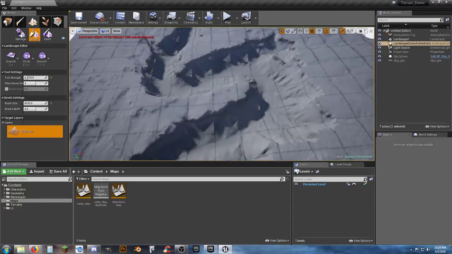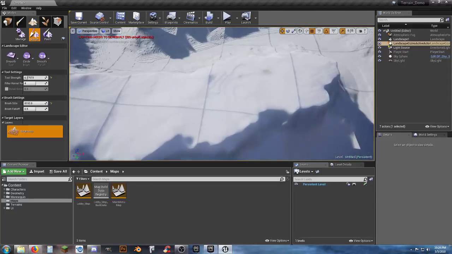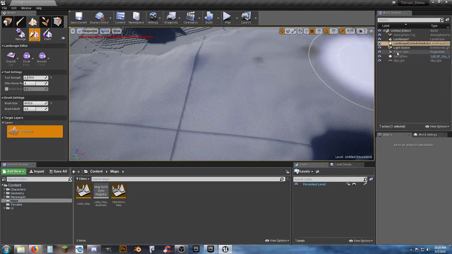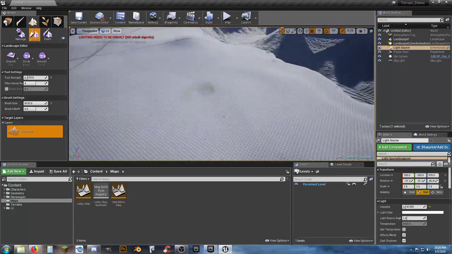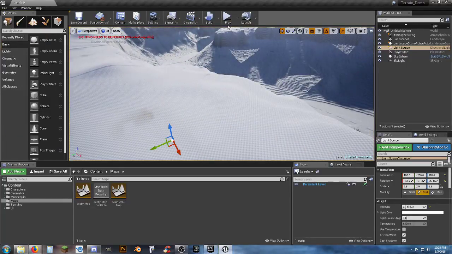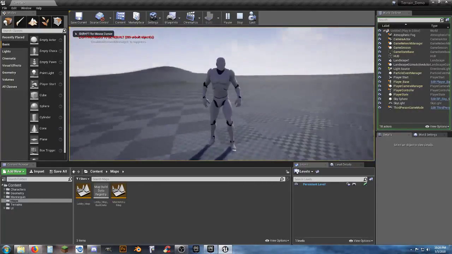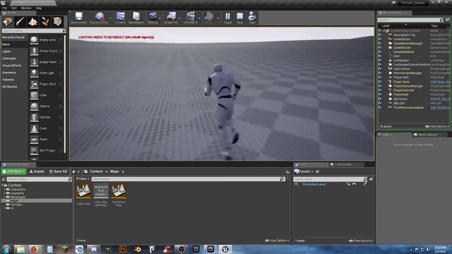Like I said, even with 7x speed on my camera movement, it still takes a while to zoom in. I just want to smooth this out, go to my player start so I can see, okay, this is where we are. This will be a good enough representation of what it looks like. So see, it's a lot smoother. You don't have those jagged edges. And if we walk over, let's see,